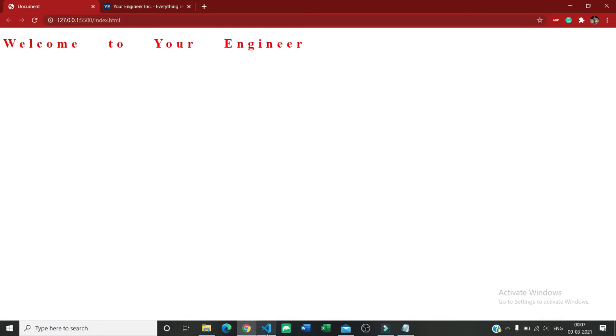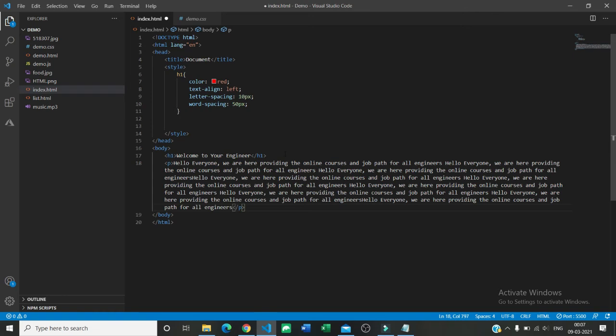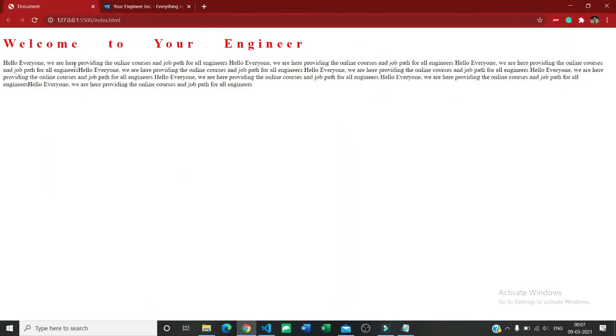Now I am going to use some more things, like justification. What is justification? What is left alignment? What is right alignment? But for that you need a paragraph. It can't be shown on one single line. So I am going to use the paragraph tag, and here I am going to just paste something I have already copied. So let's see, this is my paragraph, and you can see the lines are not very justified, or not aligned as you used in Word and Excel and everything.